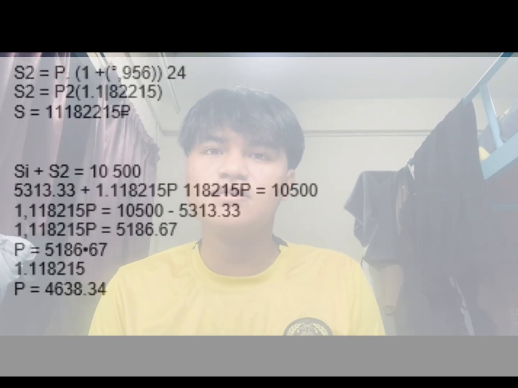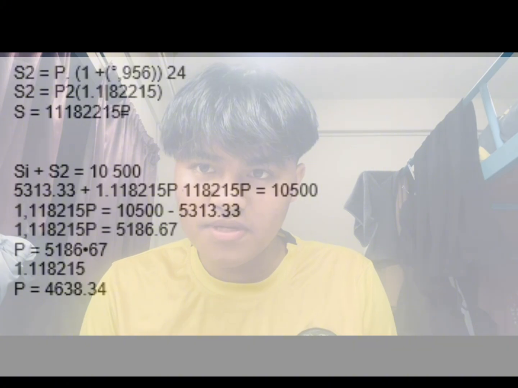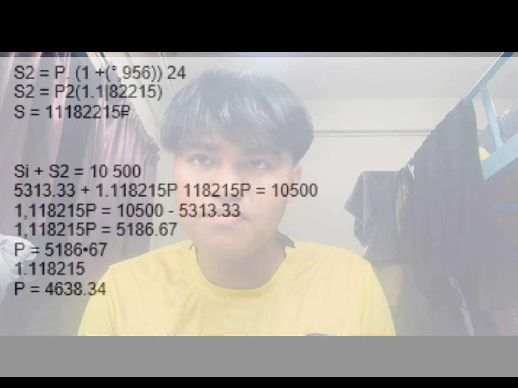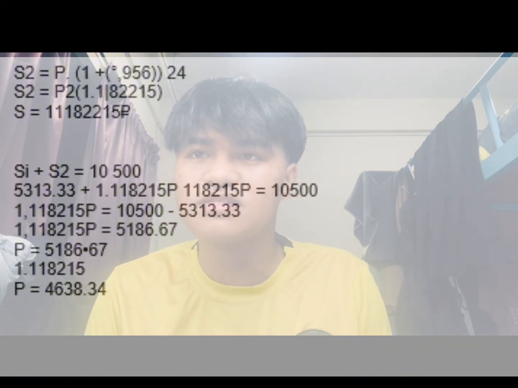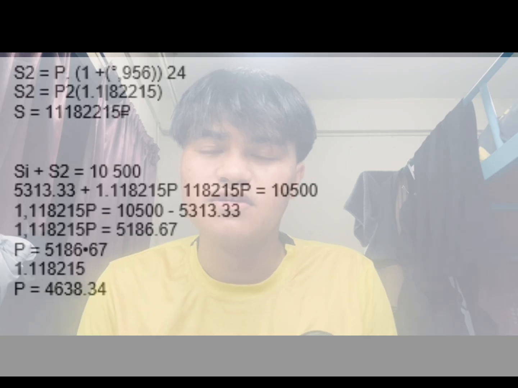Next, I calculate the future value of the second deposit. The second deposit earns interest for 2 years, which is equal to 24 months. So I use the compound interest formula. S equals P times (1 + i) to the power of n. S equals P times (1 + 0.056 divided by 12) to the power of 24. S equals P times